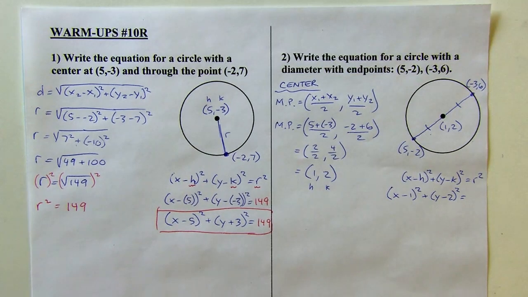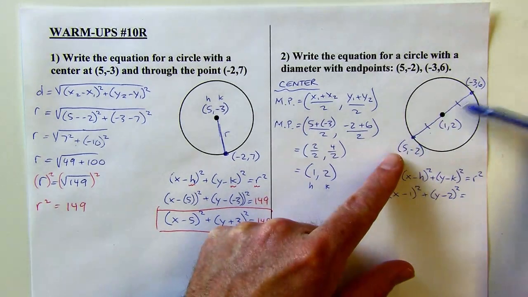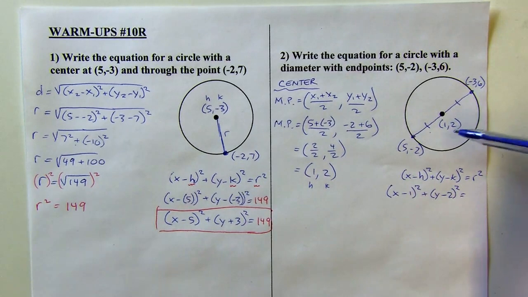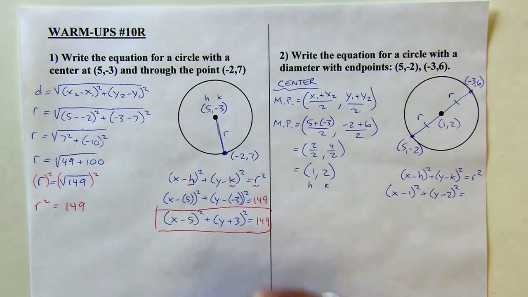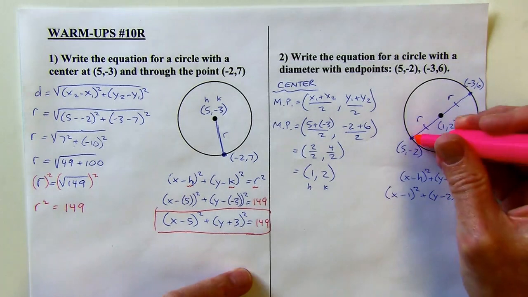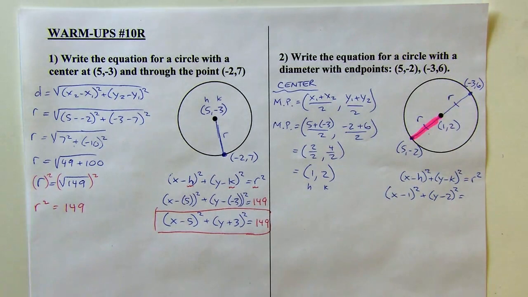Okay, so now looking at the picture, I've got a couple of different options. One thing you could do is you could find the length of the whole diameter and then just divide it in half, and that would be the length of the radius. And that's totally fine, but also since I have the center now, this would be a radius, and so would this. So I could find the length of either one of those segments, and that's what I'm going to do. I'll find the length of this one, but it doesn't really matter. If I did the other one, it should come out the same. Okay? So for the radius,